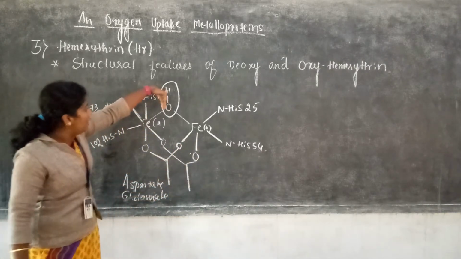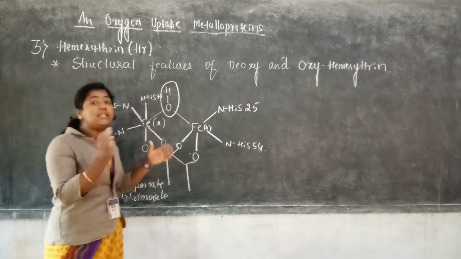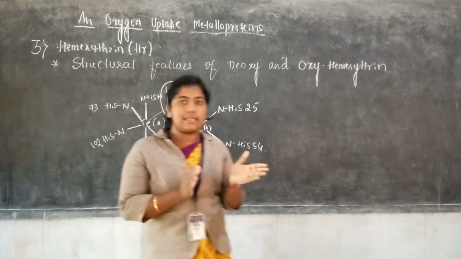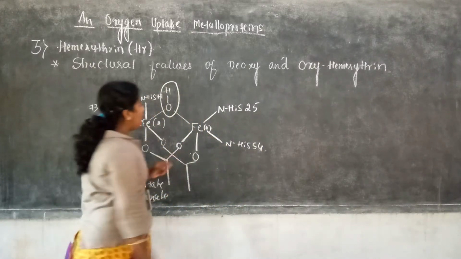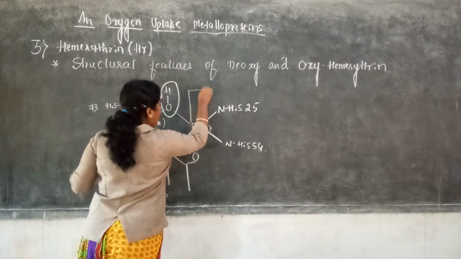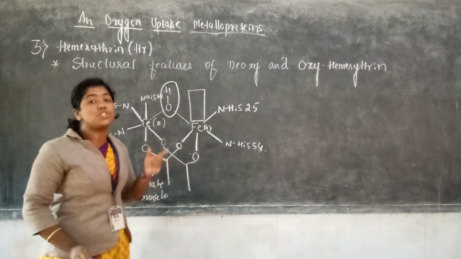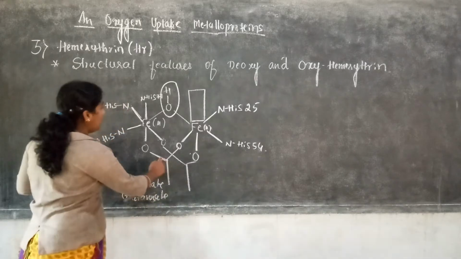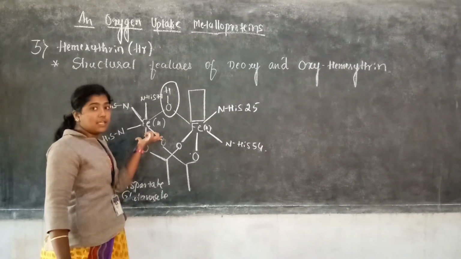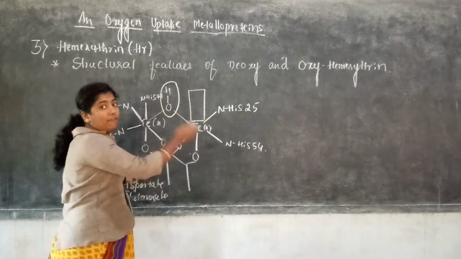Here the hydroxyl group and carboxyl group act as a bridging ligand between the two iron centers in the deoxy form of hemerythrin. So here we observe one vacant coordinate site is reserved for dioxygen binding in the deoxy form of hemerythrin. Okay, so here in the first iron center, the six sites are fully coordinated to different ligands.